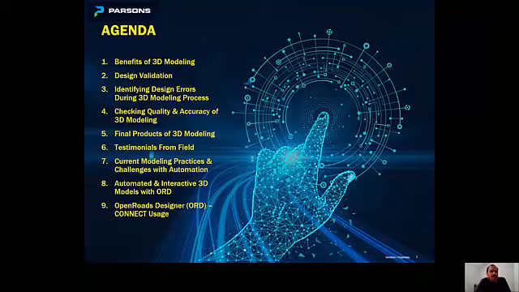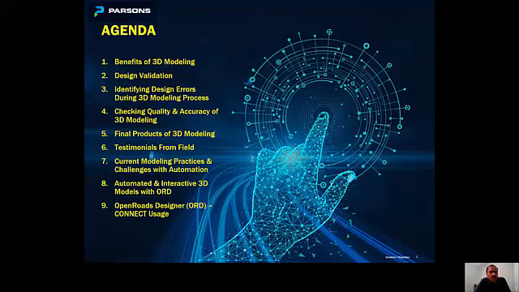I will also be talking about how to QC the model and how to review the model for quality and accuracy purposes. I will be talking about the final products of the 3D model and what all the files that the 3D model can generate. And I will be sharing some of the testimonials from the field.